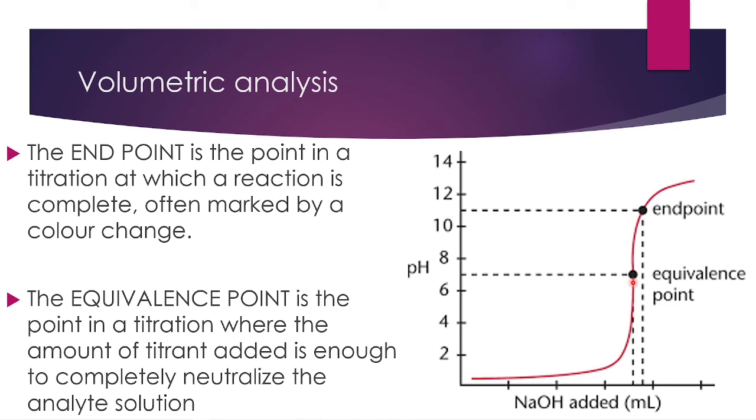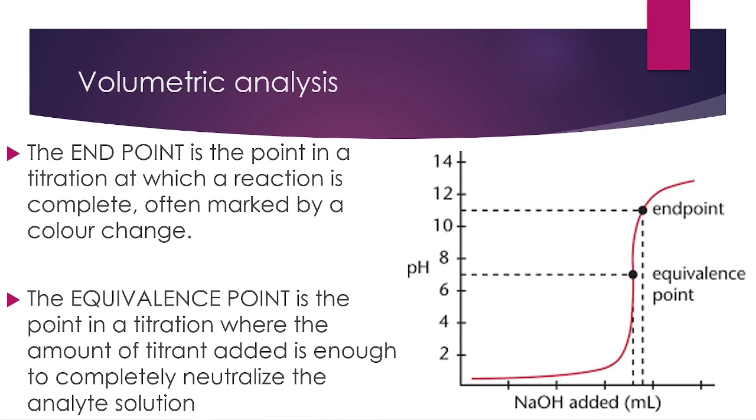Okay, volumetric analysis. This is your titrations. The endpoint is the point at which the titration is complete. This is usually when you want your color change to occur. The equivalence point is the point at which the amount of titrant is enough to completely neutralize the analyte. So the equivalence point is when the two of them neutralize. That is the midway point of the vertical section in a titration. Technically, the endpoint is when the color change happens, but it is the point at which the titration is complete. So you'll find that usually after the endpoint, it